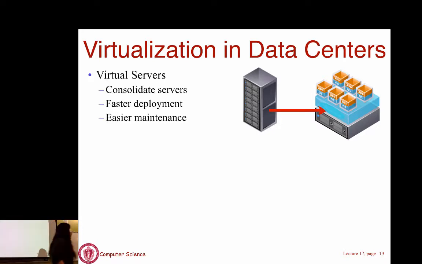With virtualization in data centers, the benefits will be consolidated servers, as we showed before. You can buy a big server instead of two physical servers and put the virtual machines on top of the big server to ease the management. And by doing this, if you have a very powerful machine, you can just have 10 machines on it. But there's definitely a disadvantage of doing that, so you need to think about it very carefully.